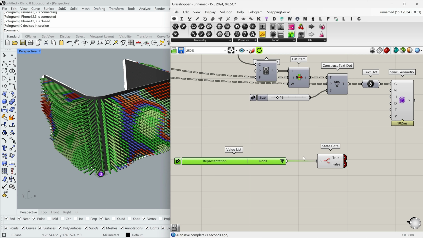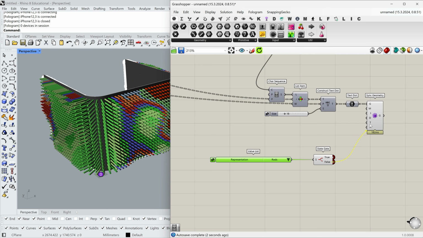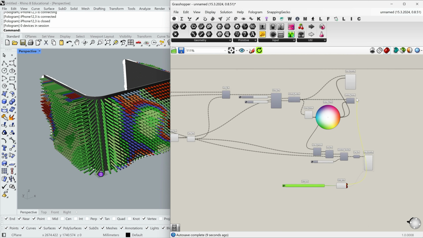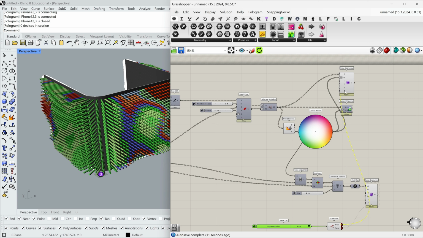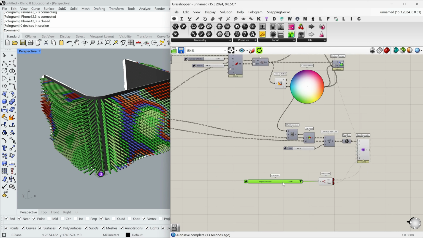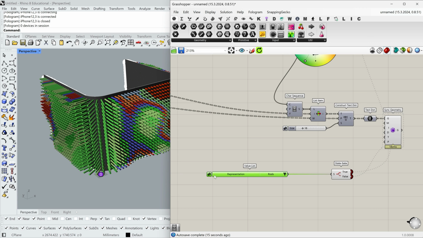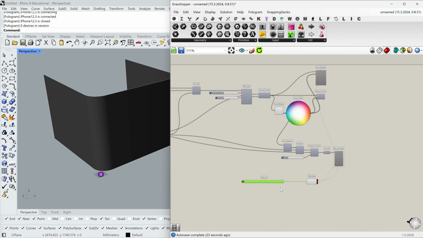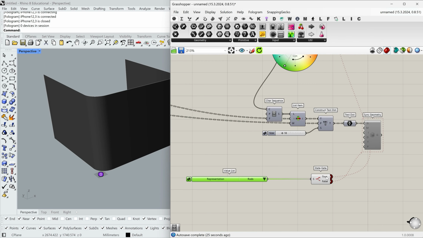Let's connect false to the sync geometry and true to the rods. I've forgotten to use Boolean placeholder in between.